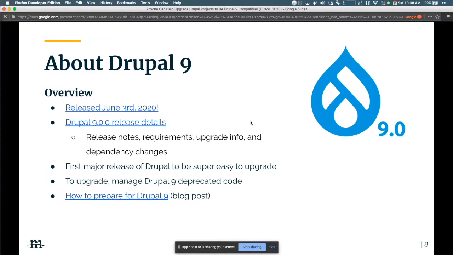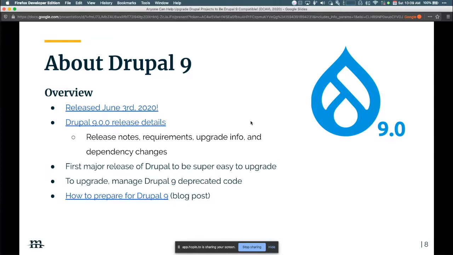So the big thing for upgrading and preparing for Drupal 9 is to make sure that your code base does not have any deprecated code. That's code that was dropped in Drupal 9 because there's better code to replace it. There's something new to replace it. And if you don't check that or do that and make sure everything's ready and test it, then something's probably going to break. You're probably going to have some errors. So the good news is that's the main thing you have to do. The big point is that deprecated code. Really good blog post here on how to prepare for Drupal 9 that I've got in the link.